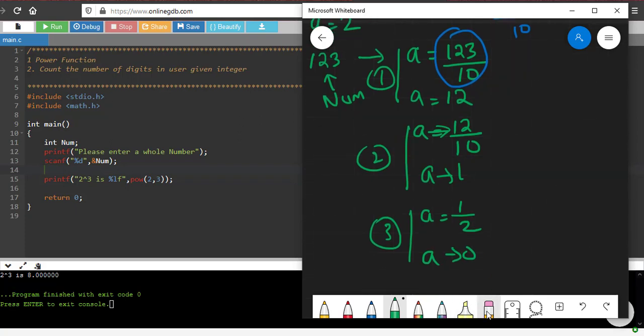Sorry, I'm really sorry here. It should be 10. Okay. So I have divided 123 three times with 10. 123 by 10, 12 by 10, and 1 by 10. Right. So it became 0. So that means if the number is of 3 digits, if I divide it 3 times, I'll get a as